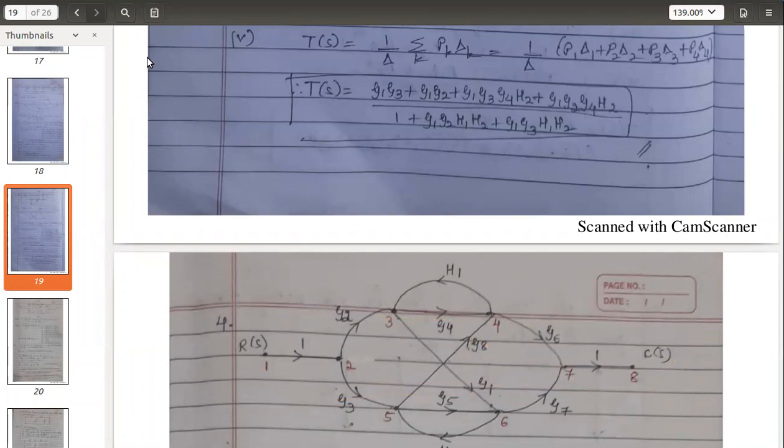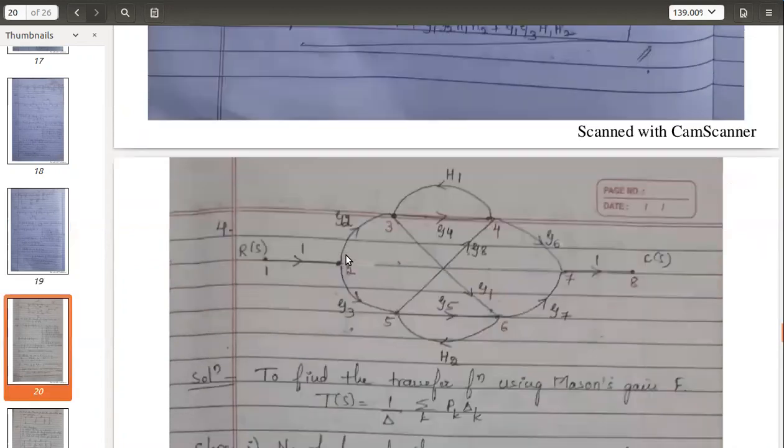Now coming to the solution. First thing is, with a red pen, you can see I have marked the points. What are those? They are the nodes. It will make your work easier, so better you mark the number of nodes. I have done it. It is up to you how you want to take it. Okay.